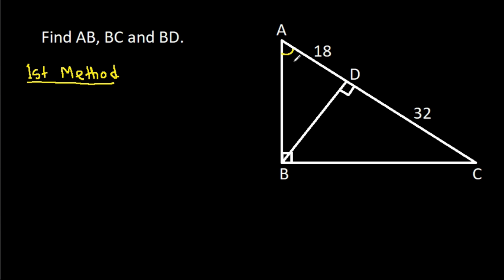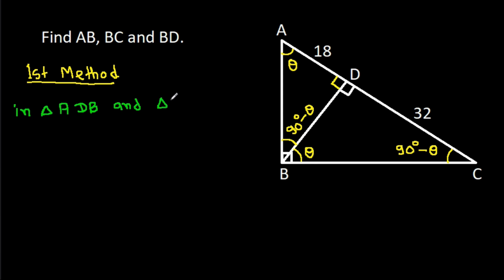if this angle is theta, then this angle is 90 degree. So this angle, it will be 90 degree minus theta. So this angle, it will be again theta, and this angle, it will be 90 degree minus theta. So in triangle ADB and triangle BDC,